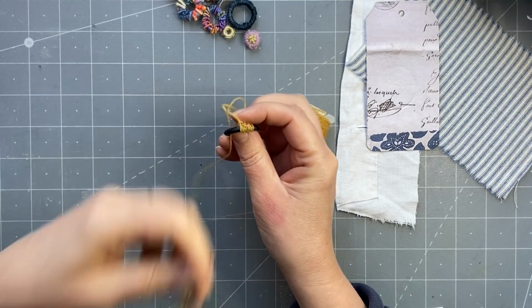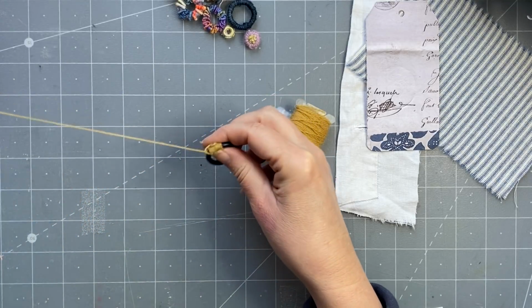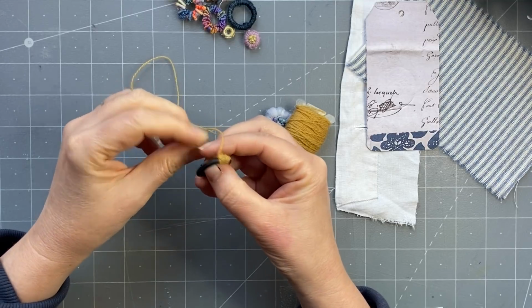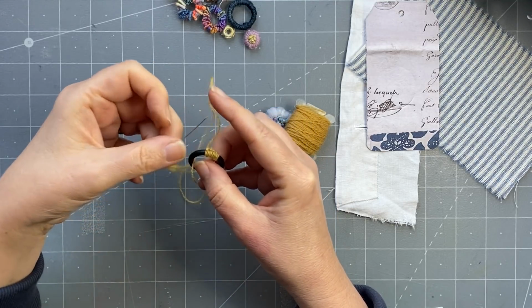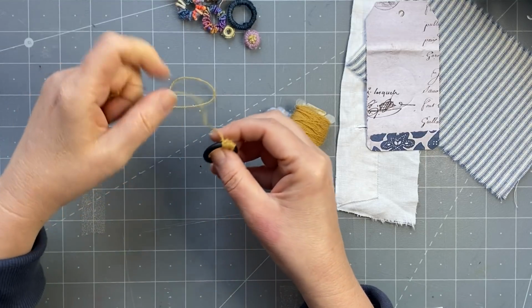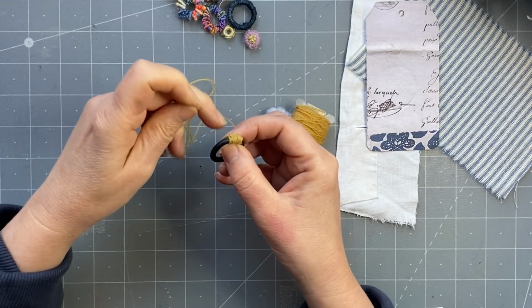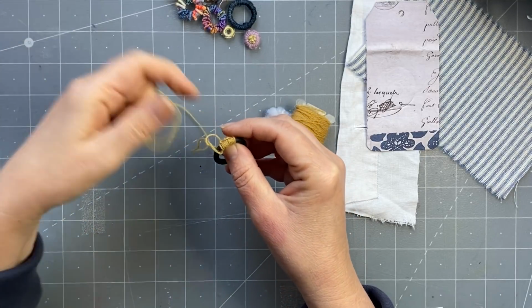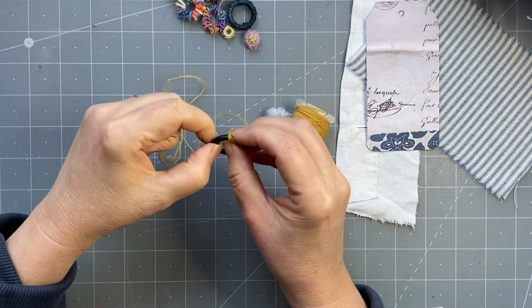I'll go around half, and then I'll come back when I get towards the end. I think I might have to attach a few videos, otherwise this will be very long. Because we want to see more of the blanket stitch. I mean, you can just wrap them, and then just thread it through itself. You don't have to do the stitch, but I kind of like the stitch because I wanted to put the